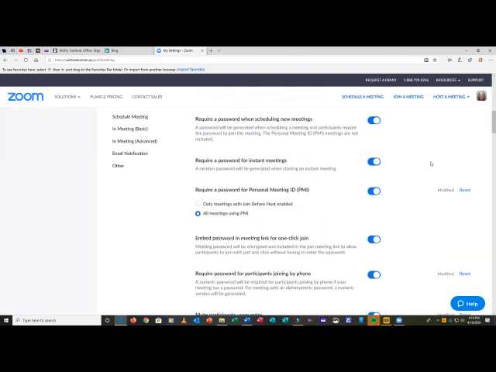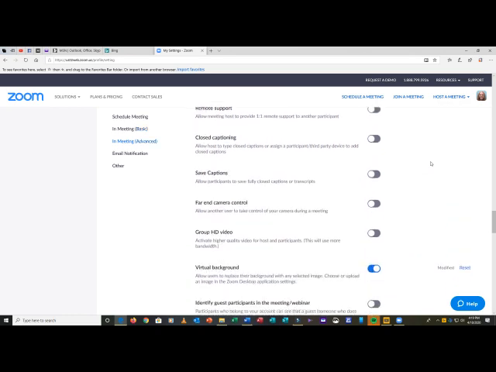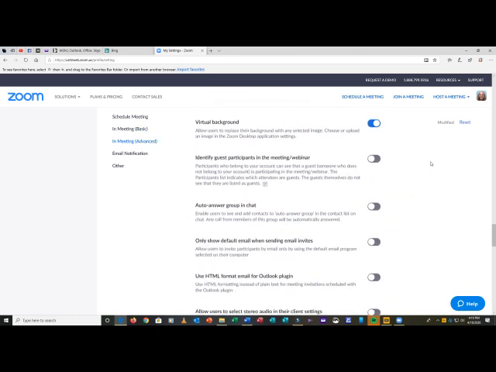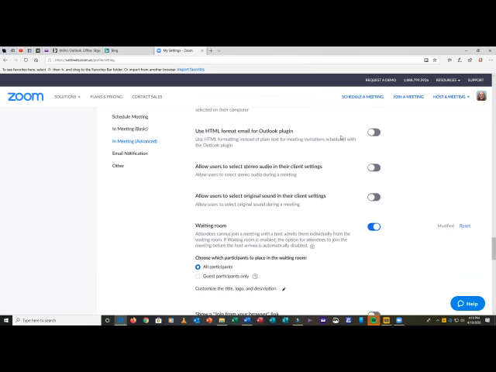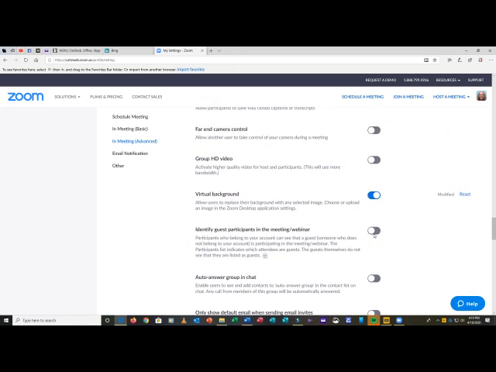To get that nonverbal communication, you're going to keep going down. There's a lot of options in here. First of all, you want to make sure if you don't see virtual backgrounds, this is why. It's turned off. You want to go in and turn that on. That's just for you to know that. And you can also enable waiting room, but it does allow you to do that in the app itself. So the nonverbal communication